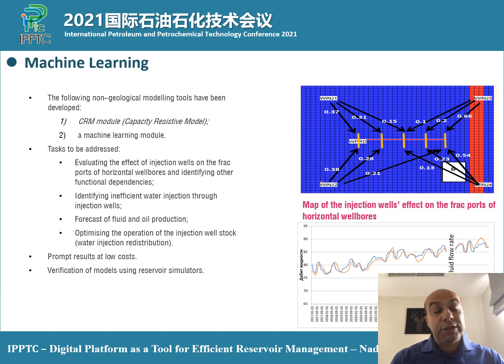So the previous slides discussed how the inflow tracers technology can enable the users to obtain a large amount of data points when it comes to zonal production contribution. And obviously this can now enable the use of different data-driven or machine learning models to aid in better decision-making. This slide shows a typical capacitance resistance model, which is a data-driven model specifically used in